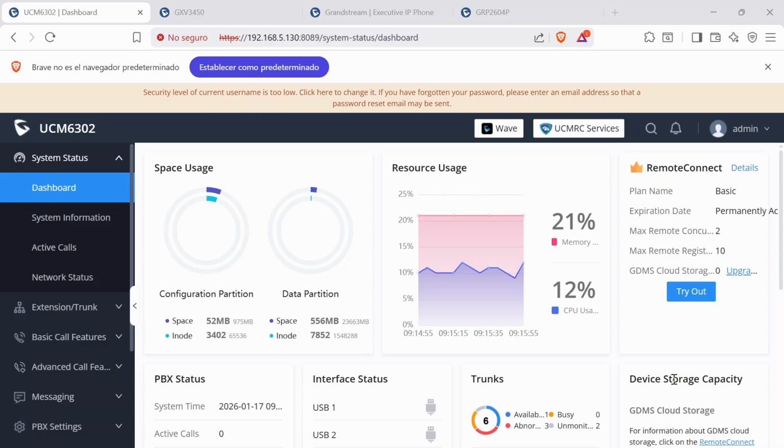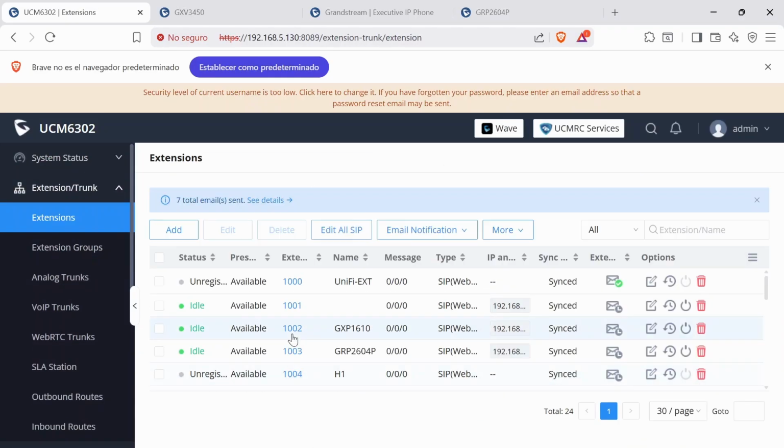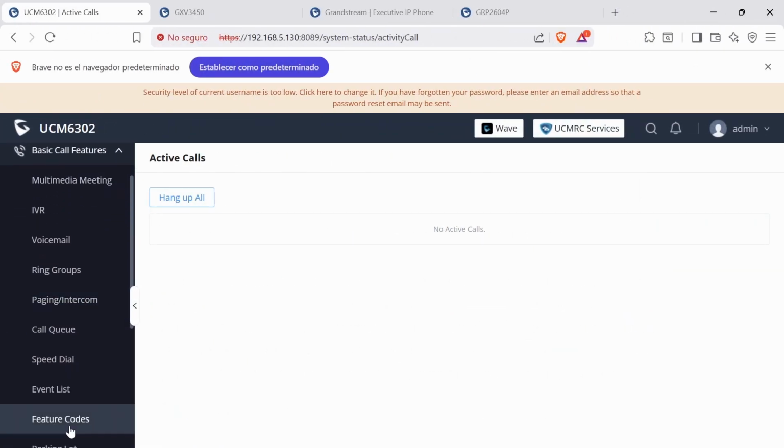We are going to dial extension 1001 to 1002. The process would be the same for an external call as it is for an internal call. We are going to catch the call on 1003, simulating that there is no one to answer the call at 1002. First, we are going to check the function codes, which we can find in Basic Settings, Feature Codes, and